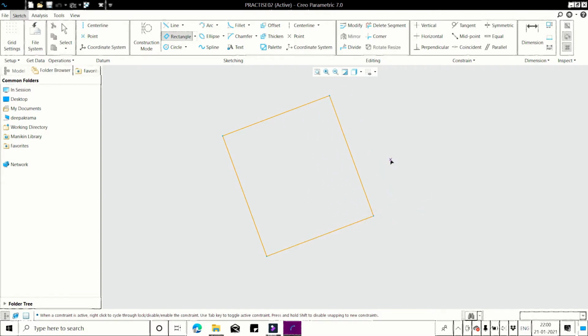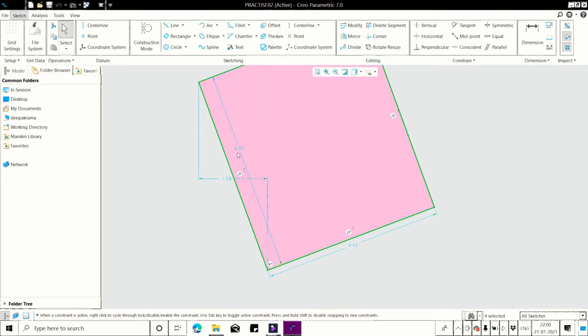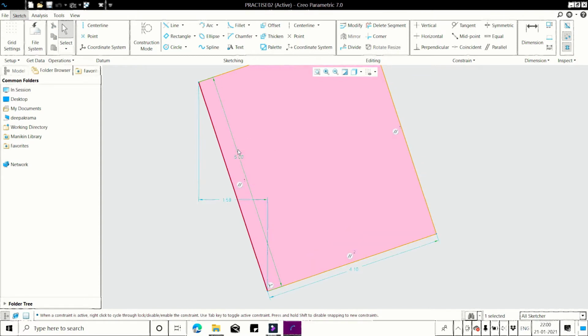Click on that, middle mouse button. It will ask for the height, give it as 5, width give it as 5, and the length between the first end of the line to the second end of the same line, give it as 2.